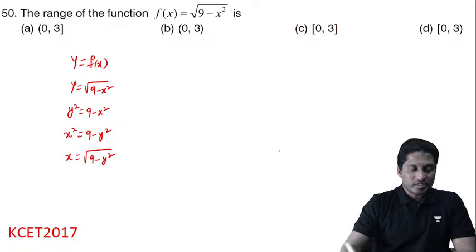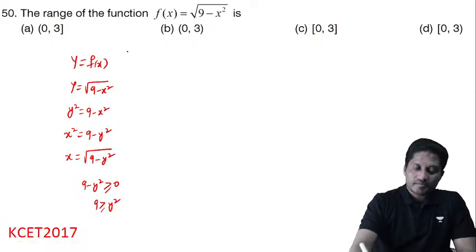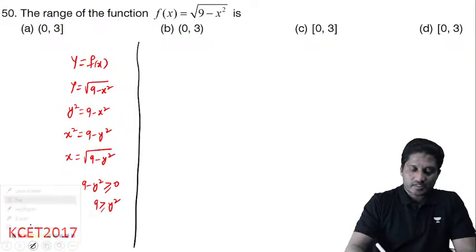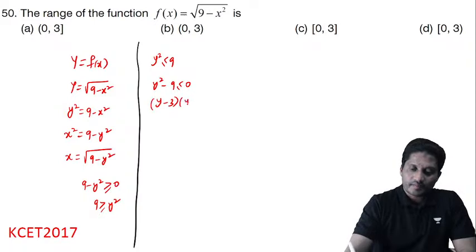Now, this 9 minus y square should be positive, right? 9 is greater than or equal to y square, right? This is same as y square less than or equal to 9. So y square minus 9 is less than or equal to 0. (y minus 3)(y plus 3) is less than or equal to 0. Y belongs to the closed interval minus 3 and plus 3. Range of f is equal to